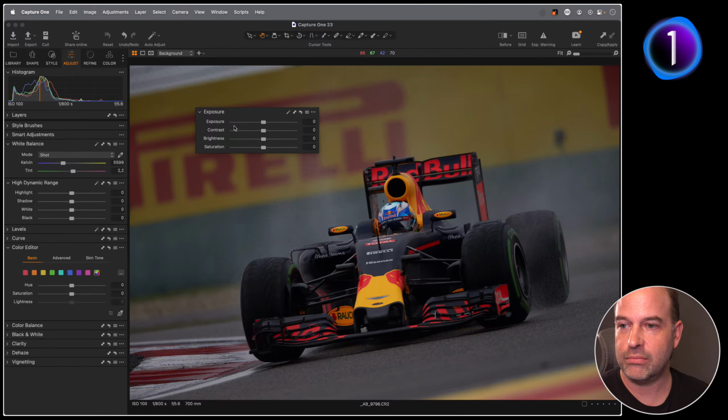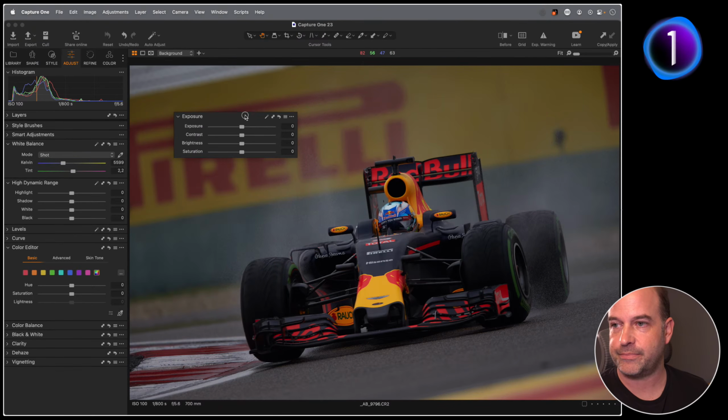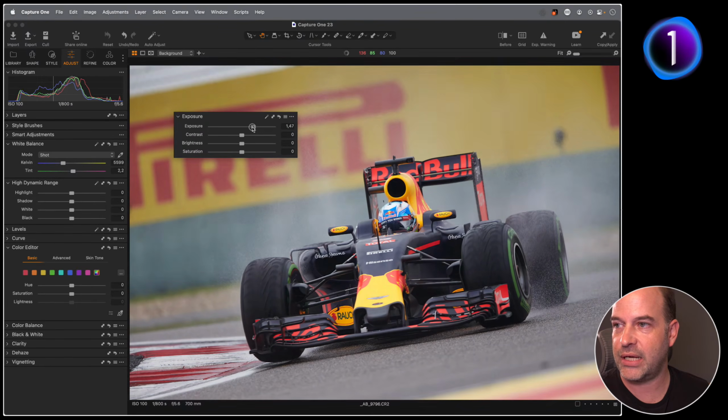So as an example, let's say we wanted to edit this picture. Now we can tell it's a bit dark. Looking at my histogram, we can see we don't have much information from midtones and highlights, and I would like to make it brighter. So the obvious thing to do is to raise up the exposure and to get something which looks a little bit more sensible. However,